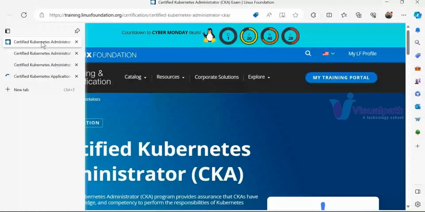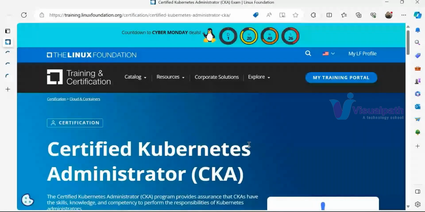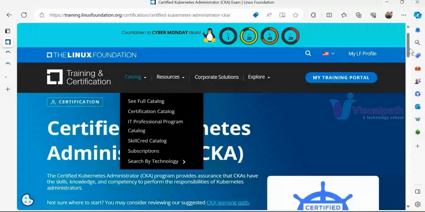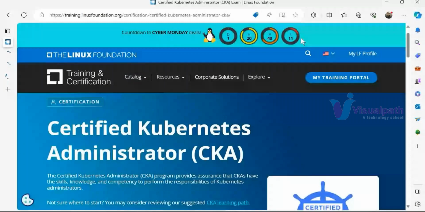Okay, I hope you can see my other screen as well. Are you able to see my screen, guys? The screen from Linux Foundation? Yes. Okay, great. So some deals are going on. They always pop up with deals. They are giving a 40% discount, right? If you buy the certification, they're giving you an offer price, which is 40% less, right?